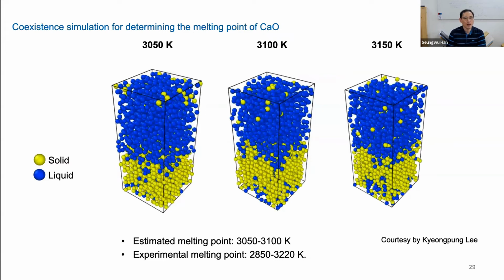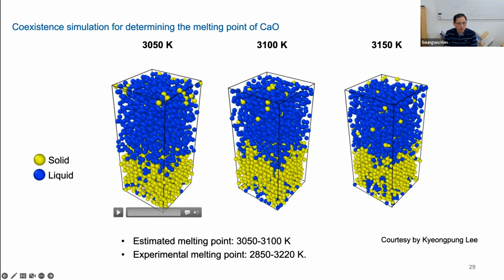Okay. And we can also obtain the melting temperature of the various materials from the simulation. So this is the example of calcium oxide. But in fact, this is not the classical potential, but the machine learned potential that I will discuss in the last part. But anyway, with the potential, this calcium oxide can be solid or liquid,